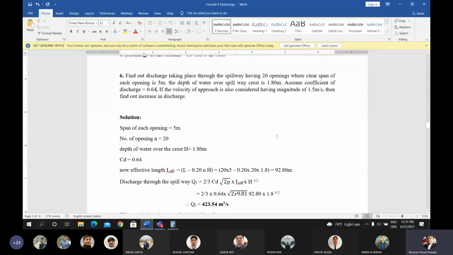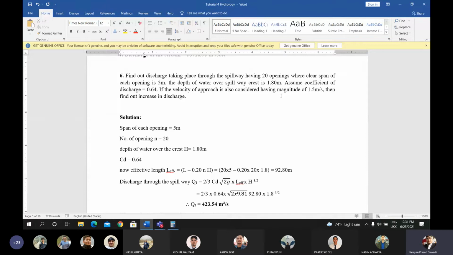The effective length for this spillway is given by the total length minus 0.20 n into h. Okay, this is the effective length that you can calculate. Total length of the spillway is 20 into 5, 100 meter. Okay, 20 openings of 5 meters each, so the L will be 100. And 0.20 is the coefficient for the end contraction due to the different bays of the spillway,